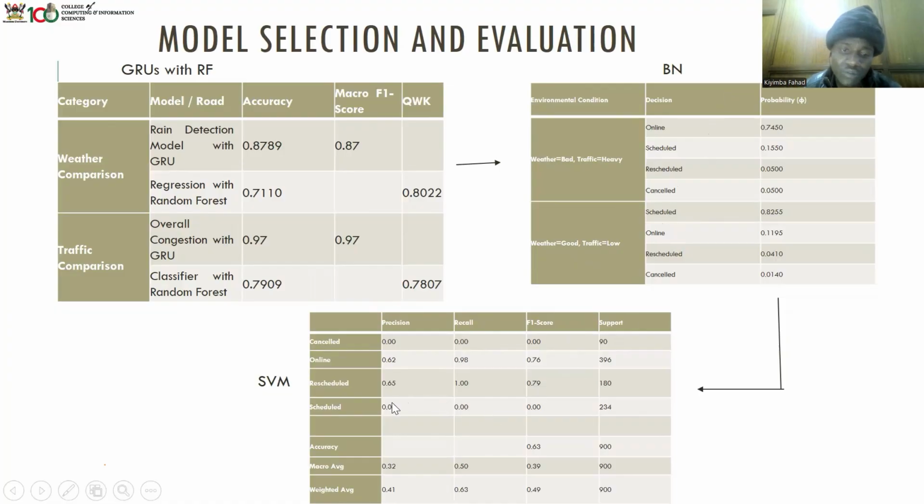But what's so exceptional is the cancelled and shaded being 0. The SVM is saying that online and scheduled are the most safe zones, meaning these are hard targets to hit. The accuracy for this was 6.3, which was pretty cool, but not all that high.